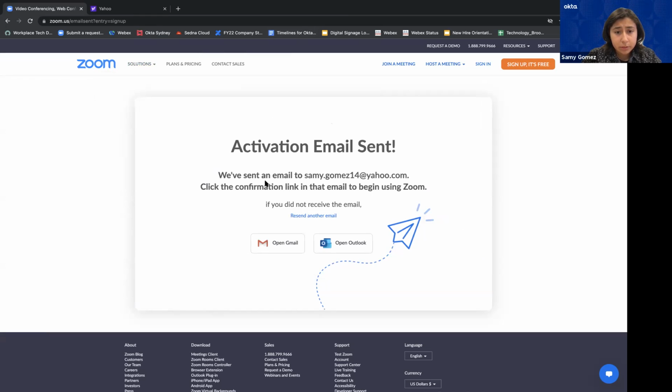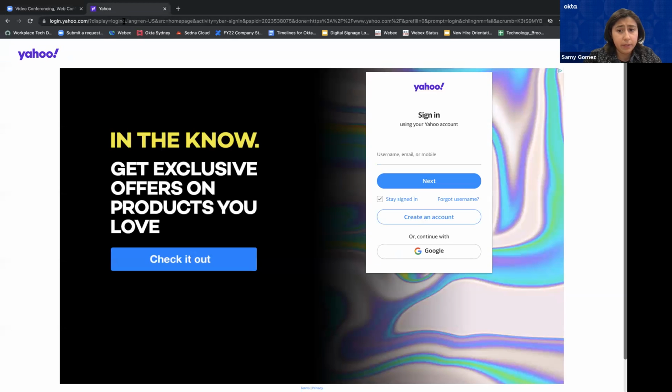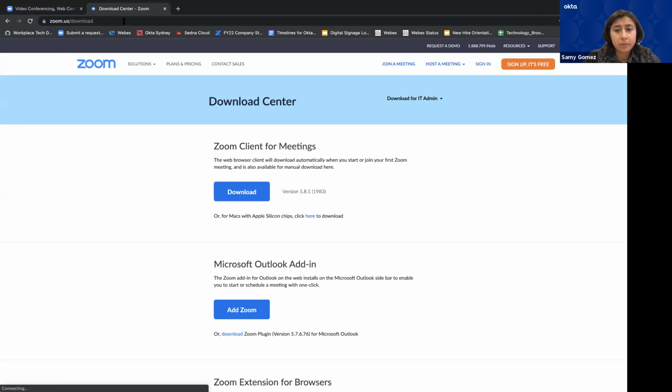And then going back to the slides here, you could also download Zoom for your phone and for your laptop, your computer. To do that, you go back to Zoom and you type in zoom.us/download. For your laptop, you could download this one here, which is the Zoom client for meetings.